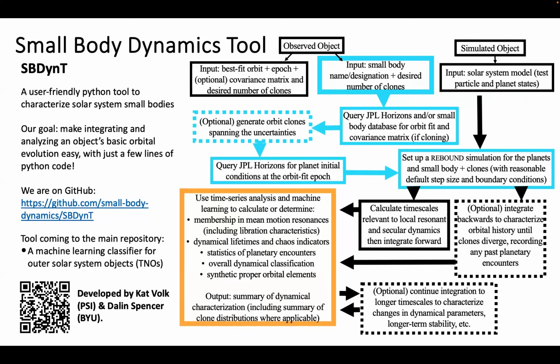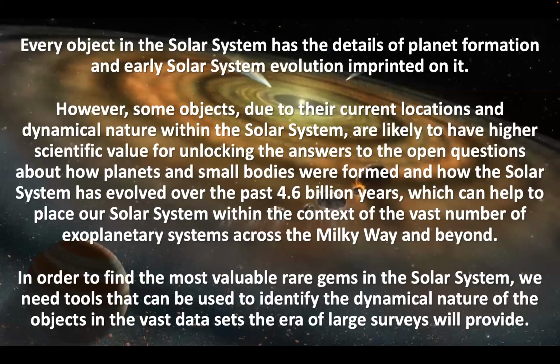So, since I am out of time, I'm just going to read my last slide to you. Every object in the solar system has the details of planet formation and early solar system evolution imprinted on it. However, some objects, due to their current locations and dynamical nature within the solar system, are likely to have higher scientific value for unlocking the answers to the open questions about how planets and small bodies were formed and how the solar system has evolved over the past 4.6 billion years, which can help to place our solar system within the context of the vast number of exoplanetary systems across the Milky Way and beyond. So, in order to find these most valuable rare gems in the